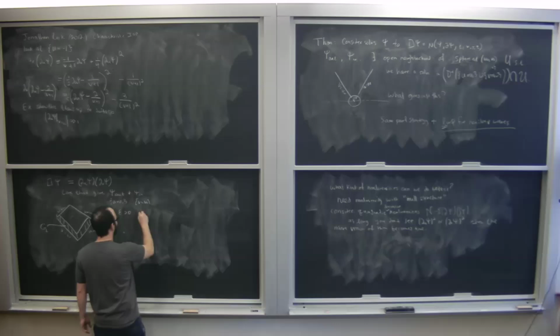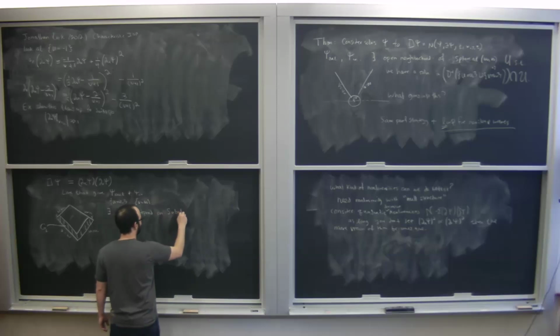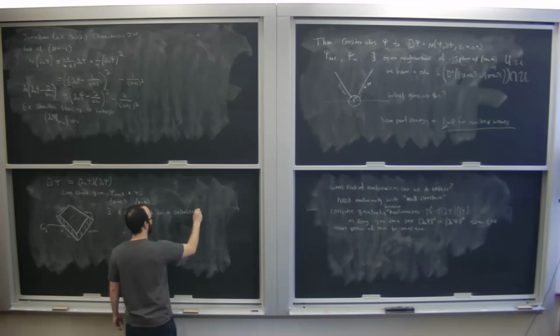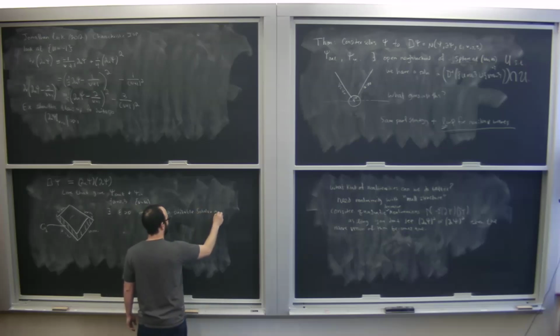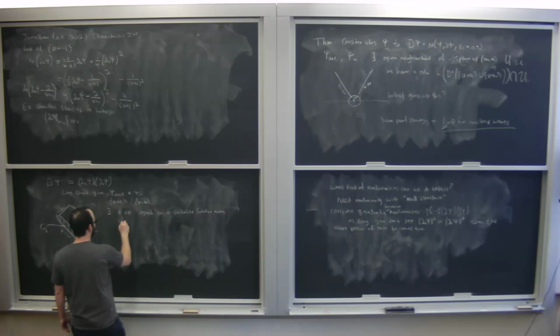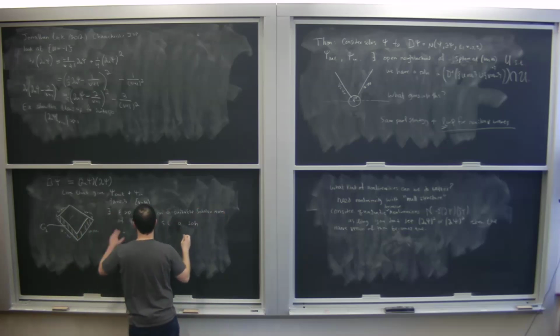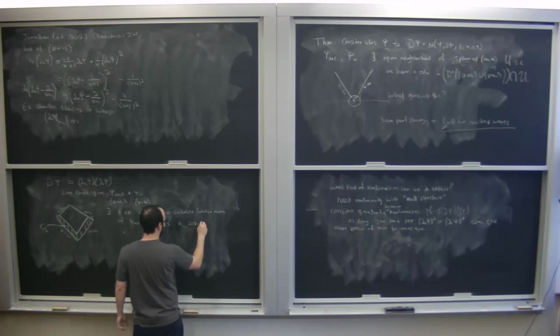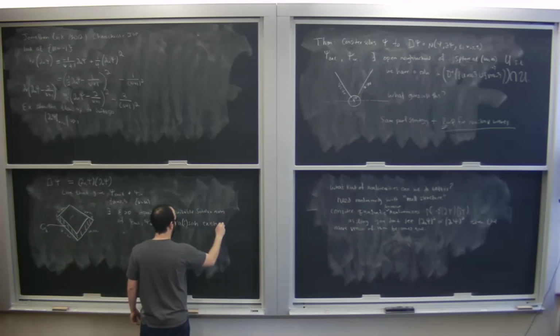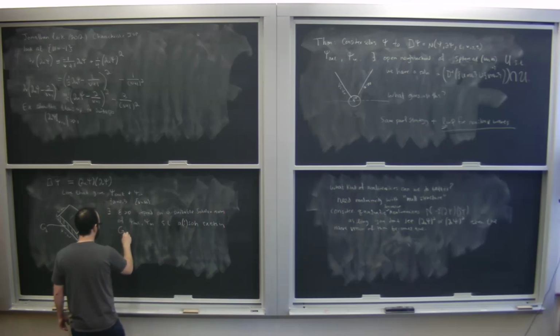There exists an epsilon greater than 0 depending on, I'll say Sobolev norms, on a suitable Sobolev norm of these data, such that a unique solution exists in G epsilon. Okay. So